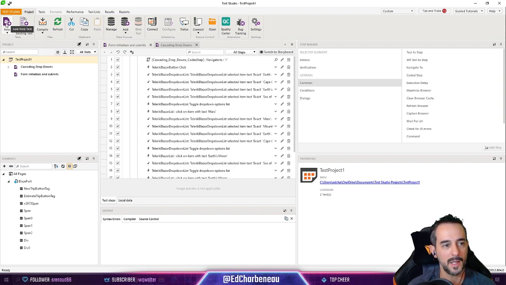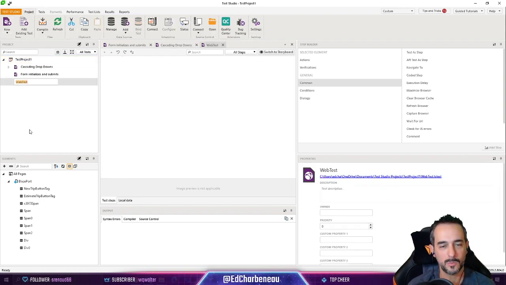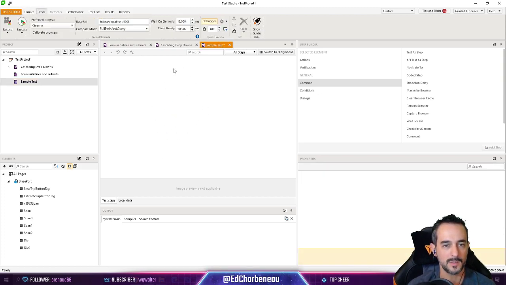I'm going to hit add a new web test. And this is more E2E stuff. It's not quite unit testing. And let's just call this sample test. And now I have a sample test that has no steps in it. Notice that there's no steps at all in this. I'm going to change my preferred browser for this to Edge